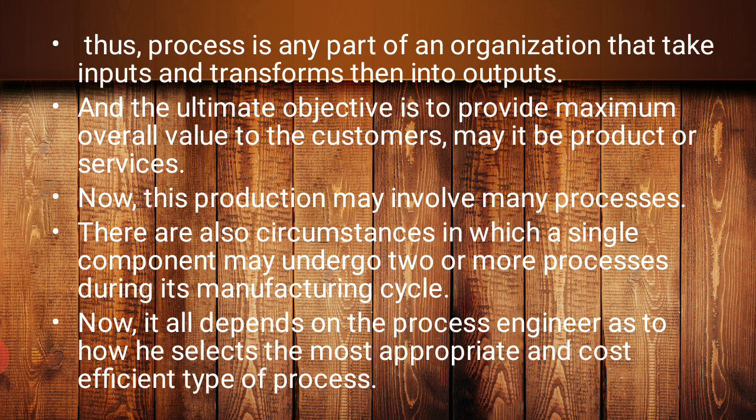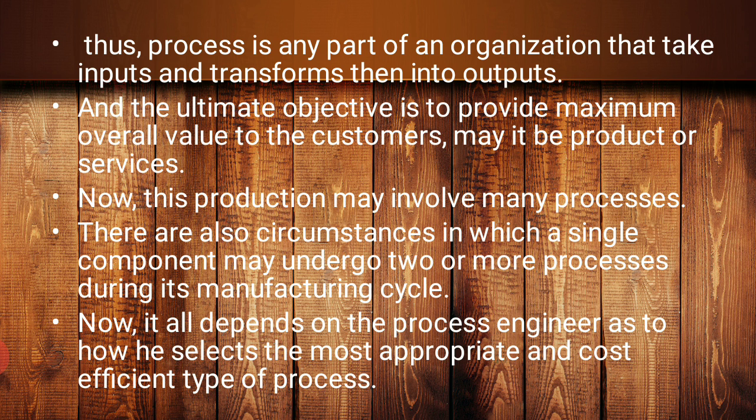Now, this production may involve many processes. If you are producing something, it is never done with one single process only. There are multiple types of processes available, and this process selection is to be done by the manufacturer, to see that whatever we want to produce, with whatever available transforming and transformed resources we have, we utilize the best, the maximum optimum utilization of everything that we have, and then we select such a kind of process which is cost effective also, and which gives the end product of customer satisfaction,